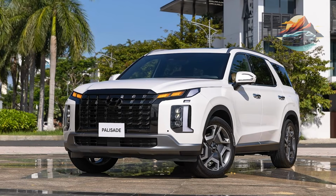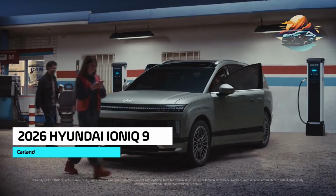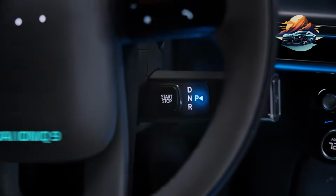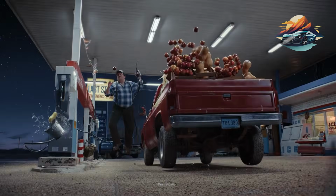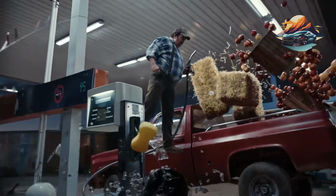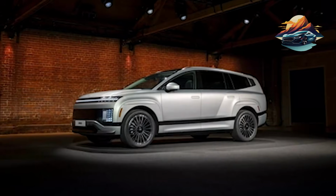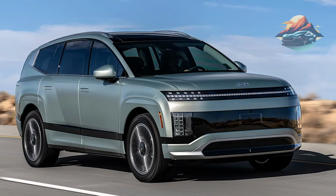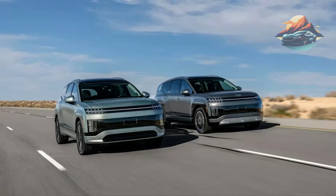Next, let's jump into Hyundai's all-electric flagship, the 2026 Hyundai Ioniq 9. The 2026 Hyundai Ioniq 9 is Hyundai saying, yeah, we can play in the big leagues of three-row EVs. This thing isn't just a Palisade with a plug. It's a ground-up electric flagship riding on the eGMP platform, stretched out to nearly 200 inches long with a 123-inch